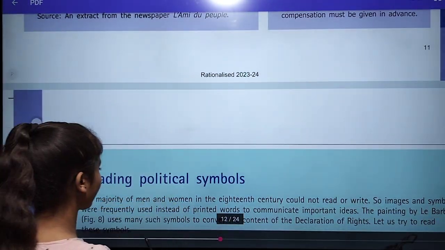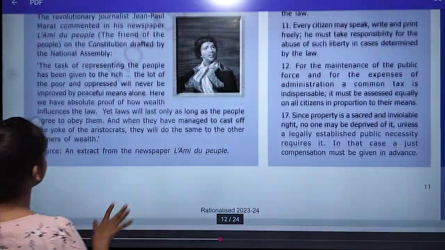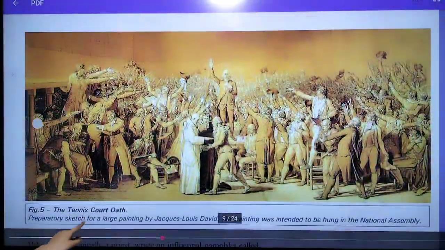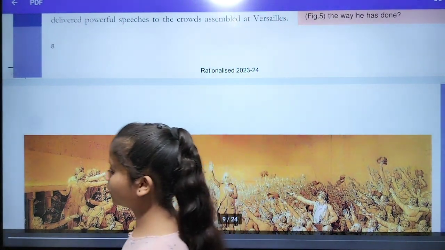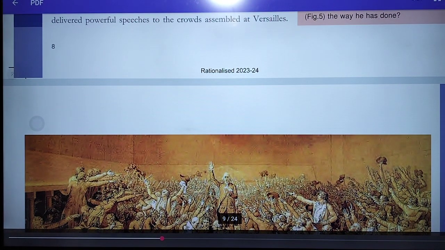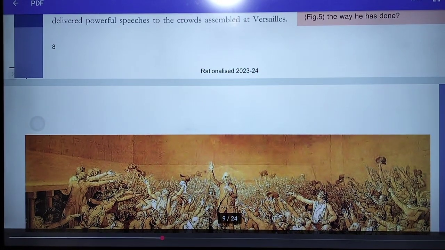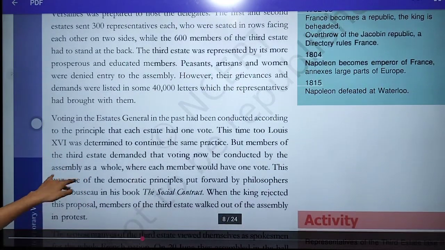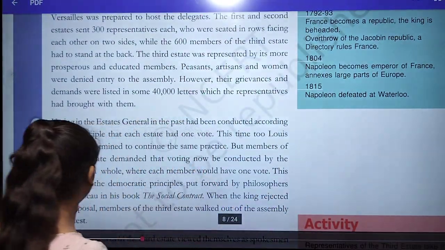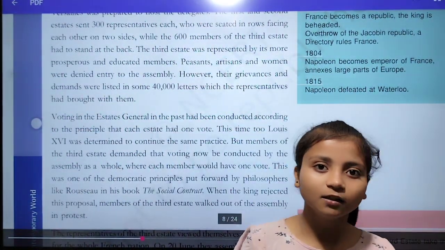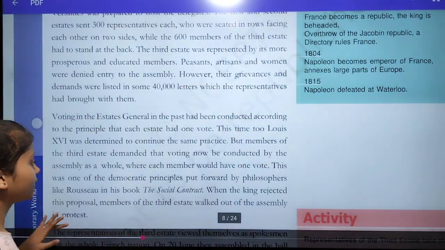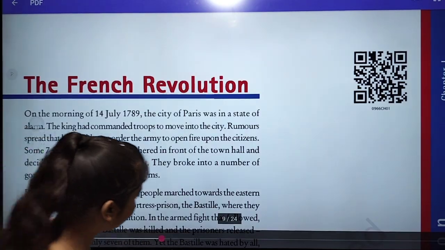Okay, political symbols. I think you have understood all these things that we have learned today. Many questions arise, such as what was the reason behind France's treasury being empty, and why the third estate boycotted the National Assembly. Also, who were the philosophers who gave their opinions? The first is Jean-Jacques Rousseau, who wrote the book The Social Contract, in which he proposed a government based on the social contract. So these are the things we have learned today, and in the next video